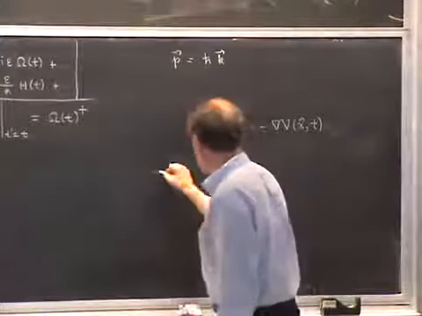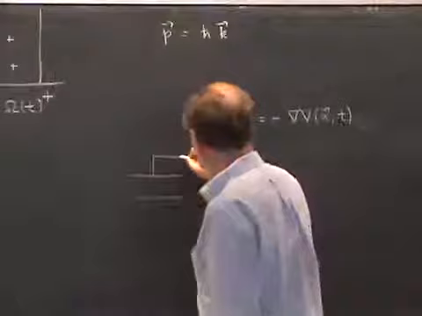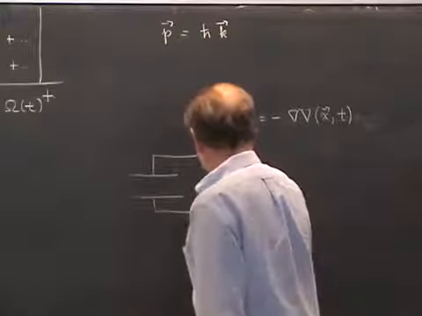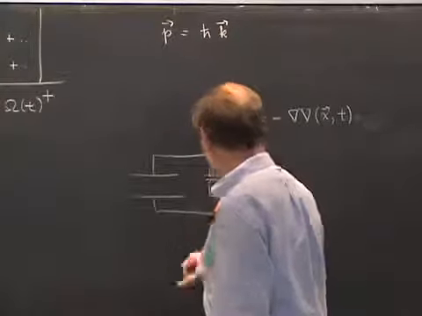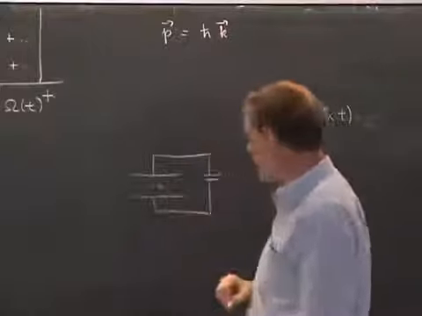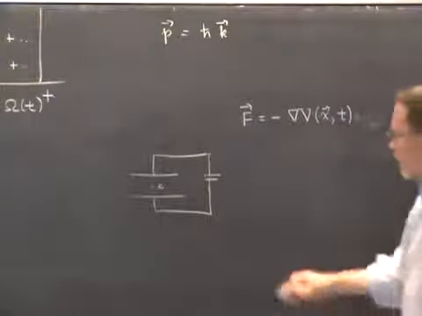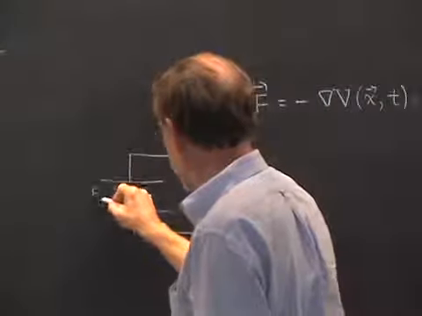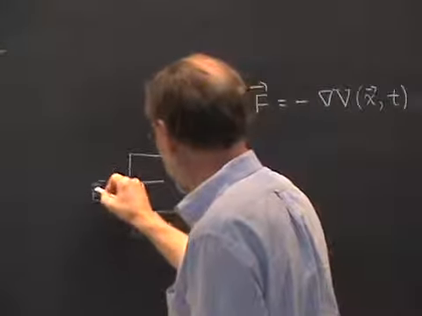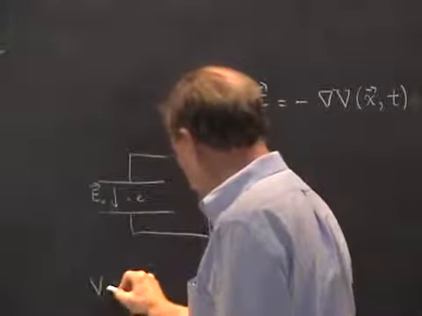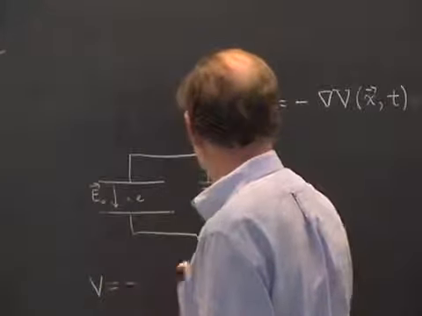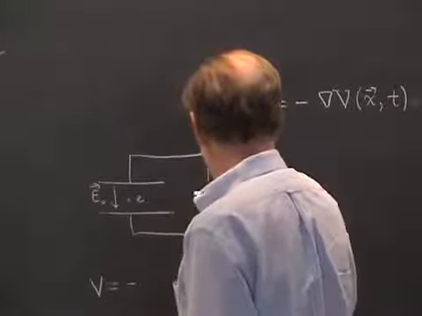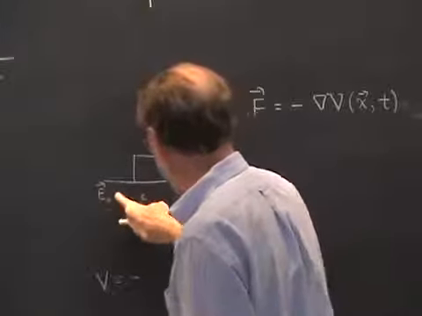examples of this. Let's suppose we have a capacitor plate here, like this. And let's suppose we put a DC voltage across it, and we look at a charged particle, an electron in there. Now, in this case, you have a static electric field here. I guess it's pointing like this. Let's call it E0. It's a static electric field.